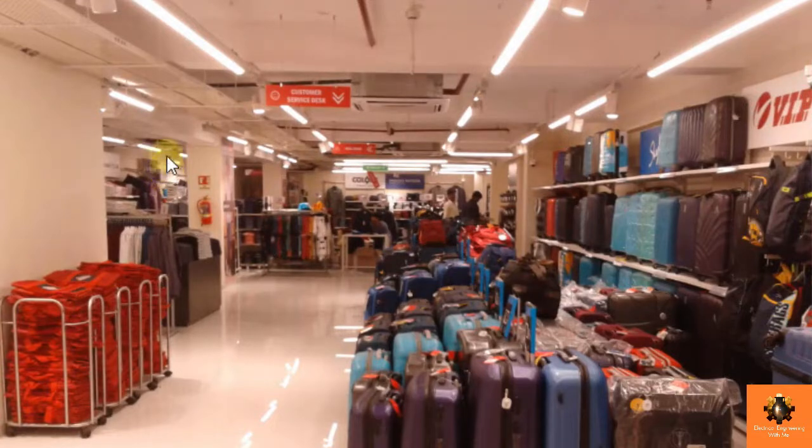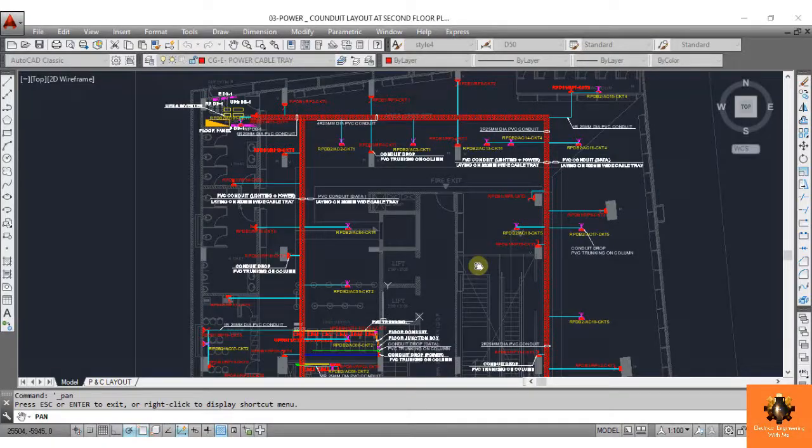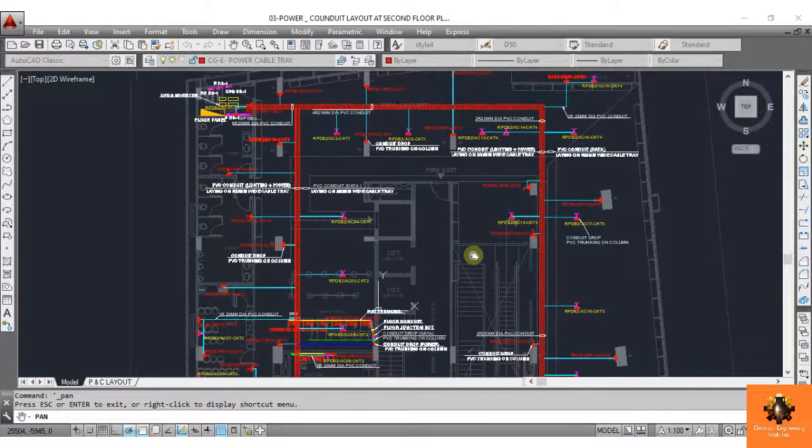See in this image, this is the cable tray after installation, about which we are talking in our AutoCAD plan. This image was taken by me because I was the project management consultant on this project in 2019. In this project we were using cable trays for mainly three purposes: one for raw power conduits, one for CCTV conduits, and one for AC units, meaning for drain pipes, copper tubes, and their cables also. Many times cable trays are also used to carry cables from one place to another place of a building.